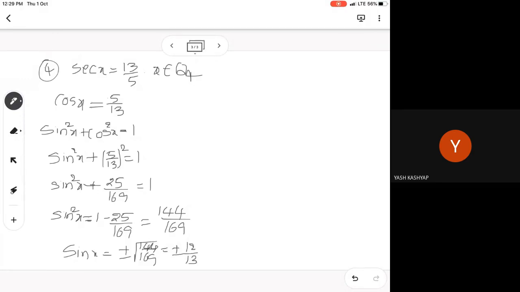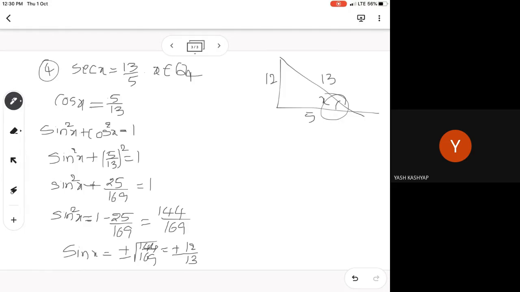You may ask, sir, if the question is given like this, I will do it like this, sir. A triangle we are going to take into consideration. Here x I will take into consideration. You may say that. So secant x is nothing but hypotenuse by adjacent. So Pythagoras theorem I will apply, sir. Here 12 I am going to get. But here the angle is given to you. x is in the fourth quadrant. When x is in the fourth quadrant, this represents the answer. You may get it a little bit right after getting the values.